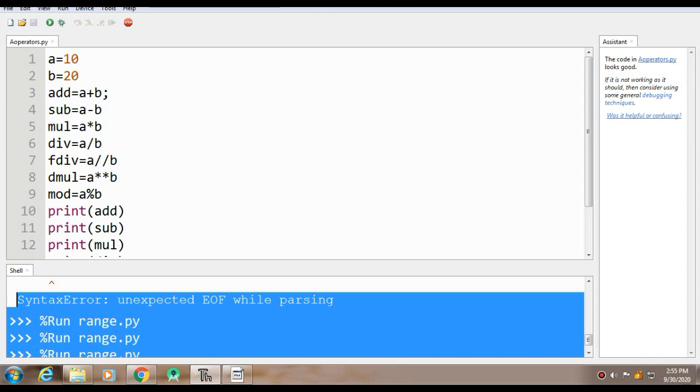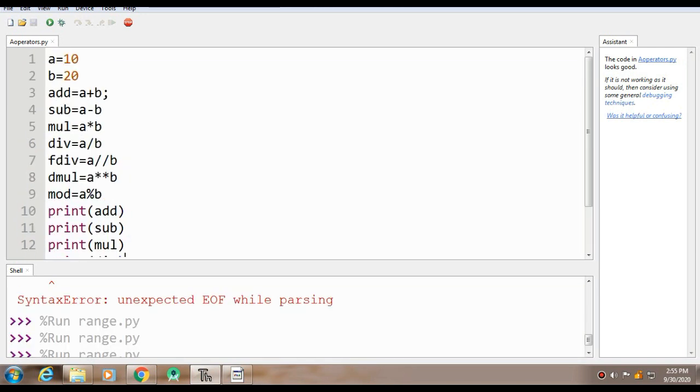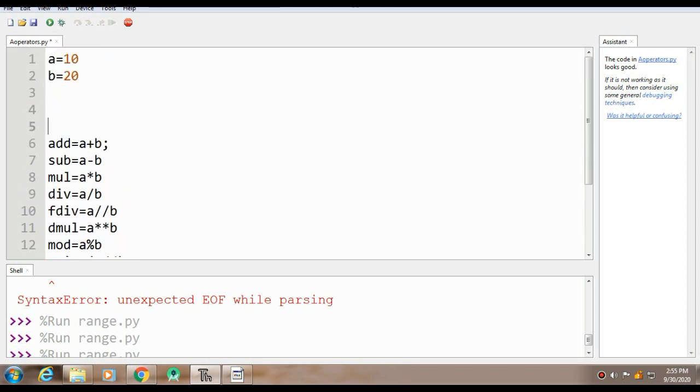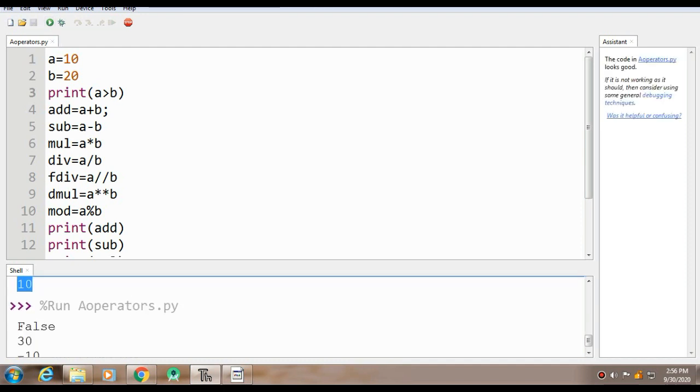Let's say I simply want to check which number is greater. So I'll simply check print a greater than b. If it is true, it will give me the result true, otherwise it will return false. We can see it returns false, as we know that a is not greater than b.